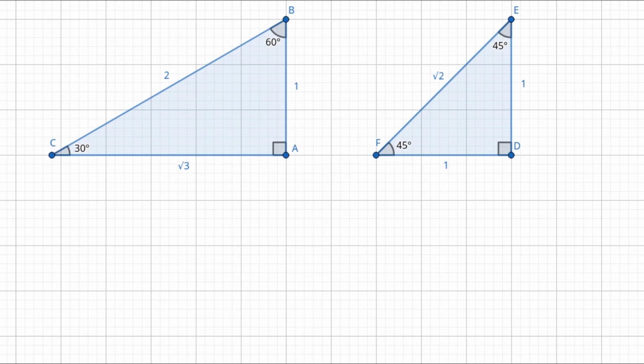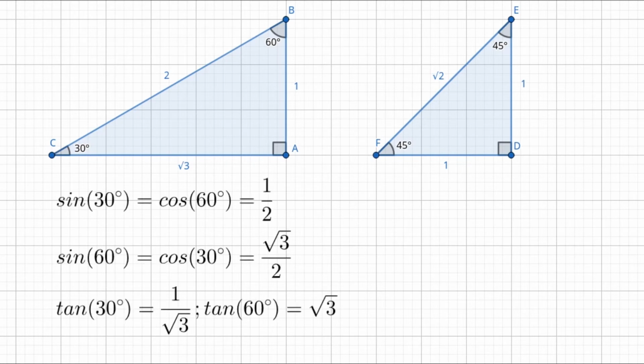And with a bit of work, we can find the rest of these trig ratios right here. Sine of 30 equals cosine of 60 equals 1/2, and the other ones. I leave it to you as an exercise to double check all these and make sure they're correct. But this is helpful because now, instead of using our calculator, whenever we're faced with the value sine of 30 or sine of 60 or any trig function of 30 or 60, we can immediately figure it out just from this one right triangle. So now let's take a look at the triangle on the right, DEF.